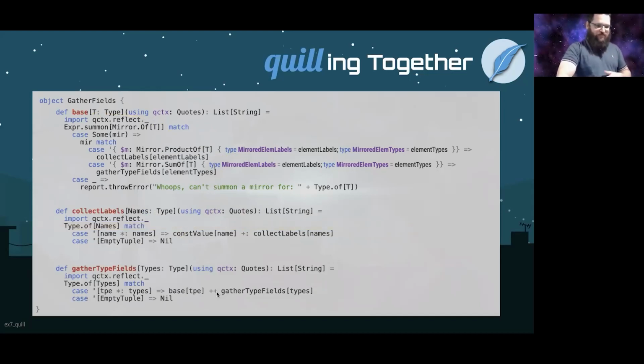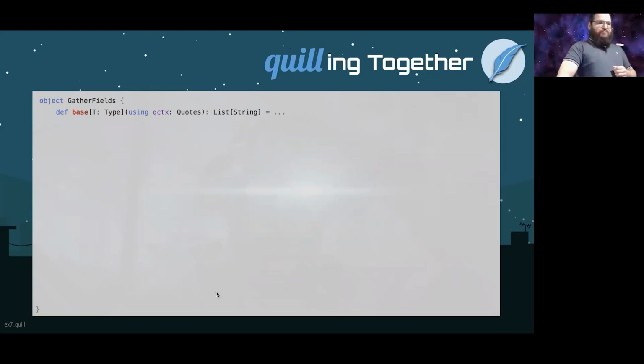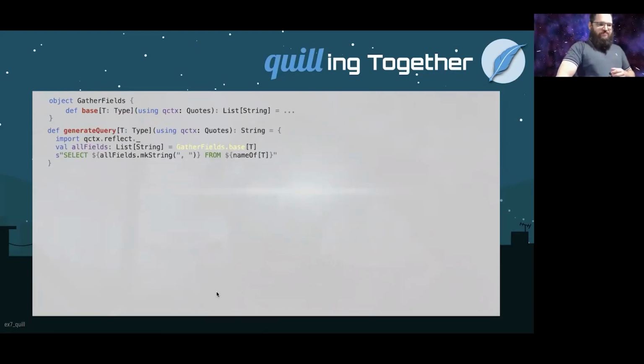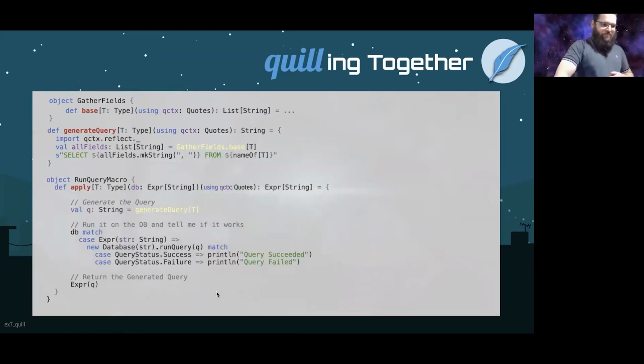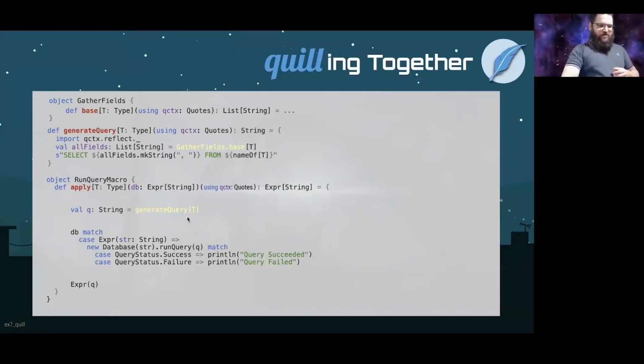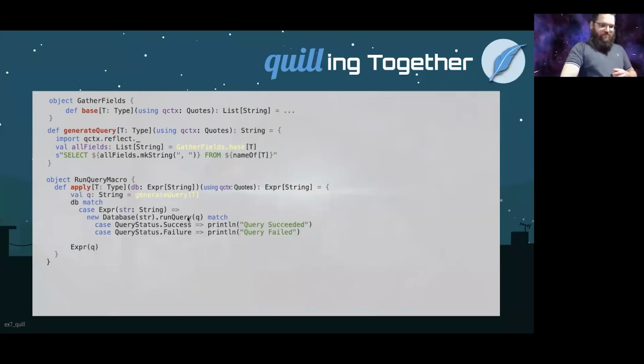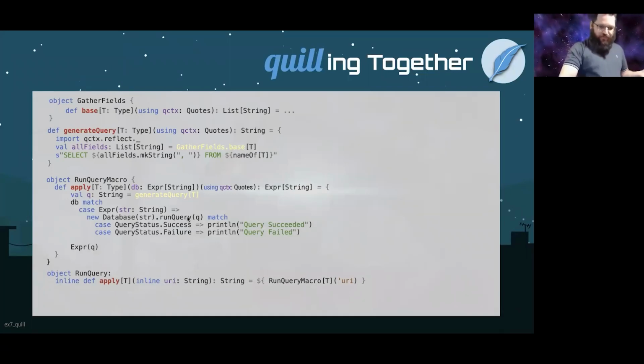Go back to the base. So here's what we did in order to summon the labels from the products and coproducts of this customer object. Take that thing, generate the query. Here's the initial macro, right? That's how we define this query thing here. Call this thing,